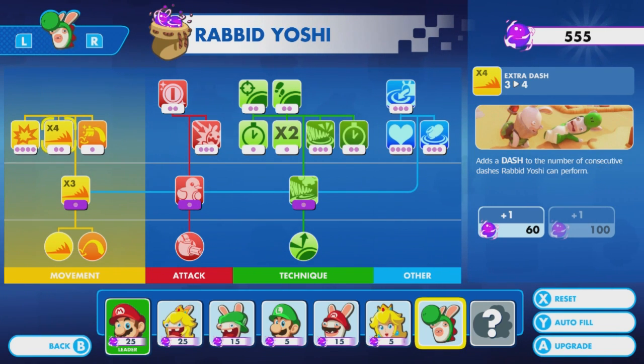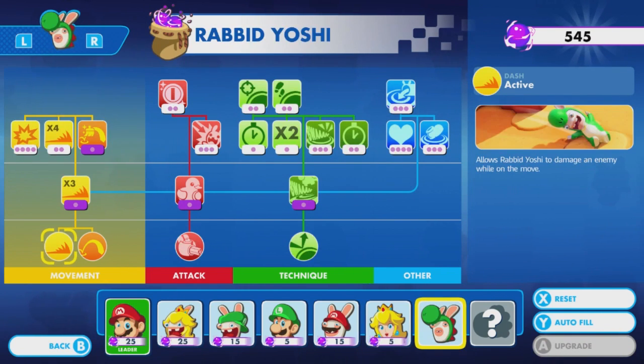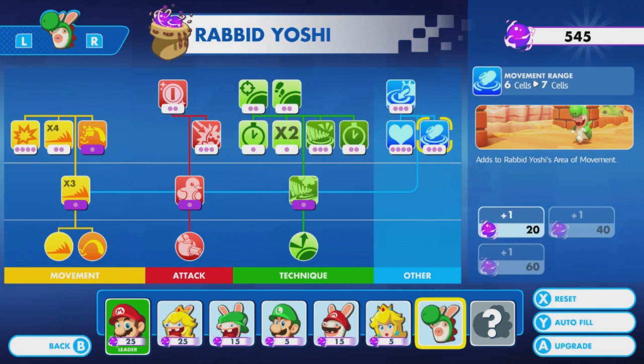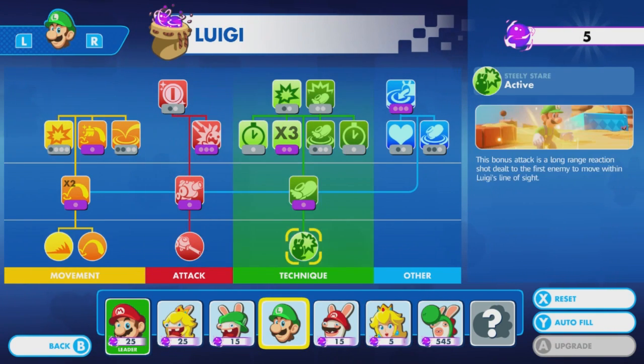It's like at some point mathematically improbable you'll encounter that many of them and be in range. Cleansing jump, let's just get that because at this point I assume my characters have it, so if they don't, I'll just be confused. Movement range though, as you'd expect, it can get pretty high. So he starts at 6 and he can go all the way up to 9, which I think is standard for characters that have